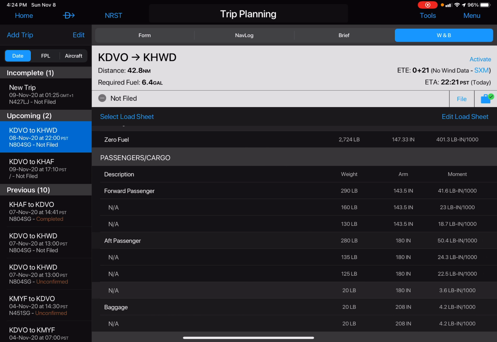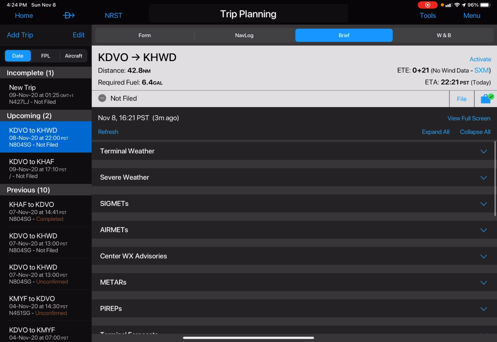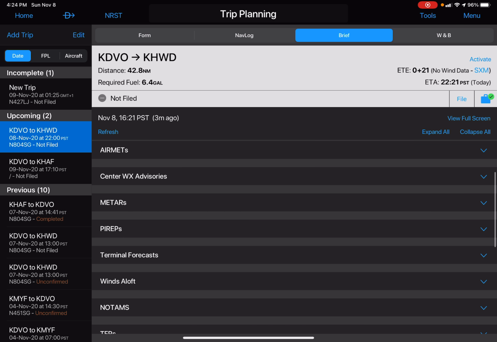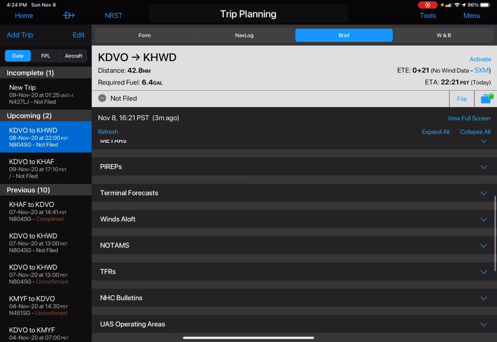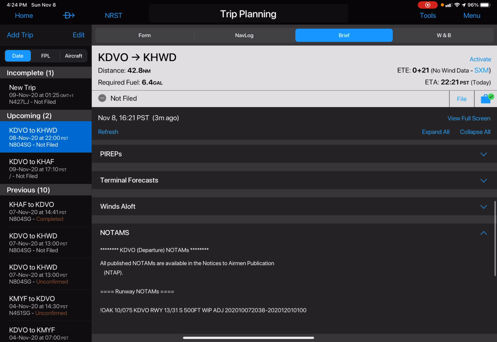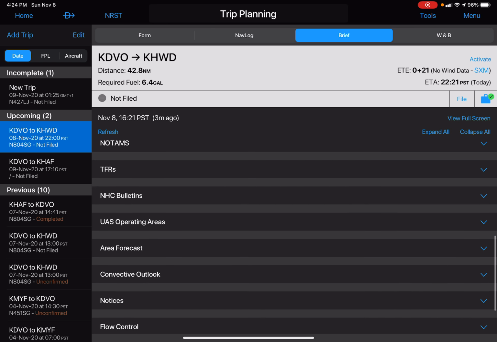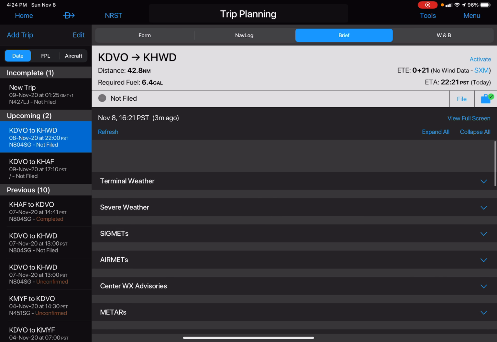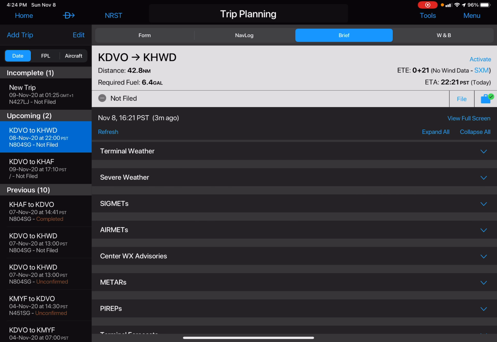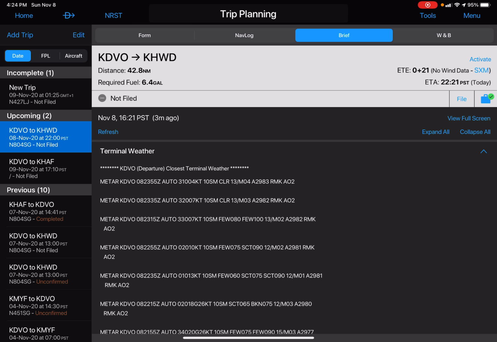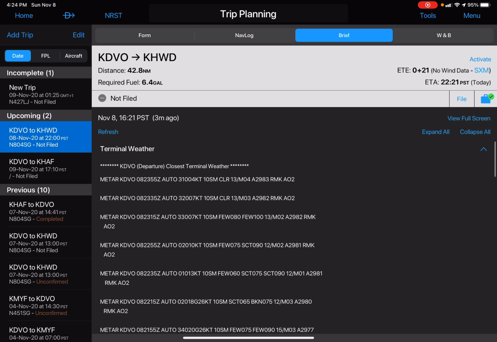So now I want to do a briefing, so I hit brief. And you can see here it's split up into terminal weather, severe weather, SIGMETs, AirMets, center weather advisories, METARs, PIREPs, terminal forecast, winds aloft, NOTAMs, TFRs, bulletins, and so on. And what you have to do is you have to click on each one at a time. So there's my terminal weather there,